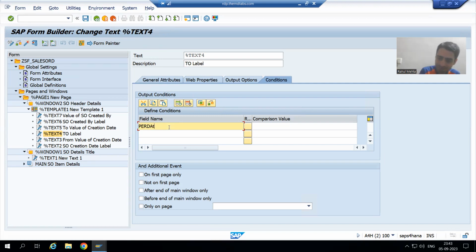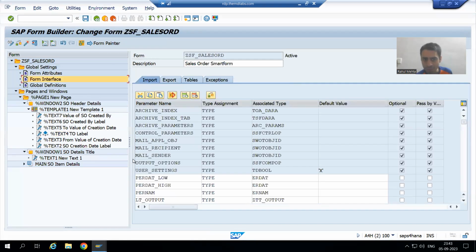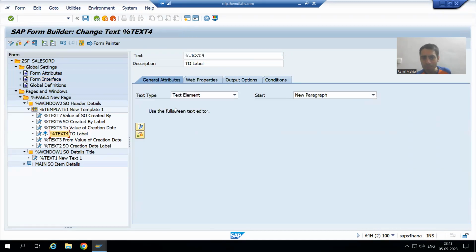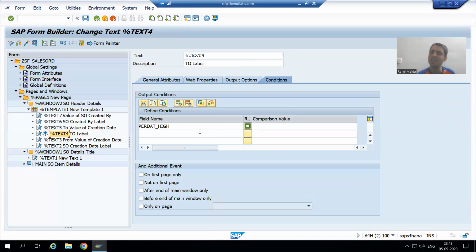PER_DAT_HIGH. This is your column. Just see, this is the name of the parameter, PER_DAT_HIGH. In your Smartform, this is the name of the parameter. PER_DAT_HIGH